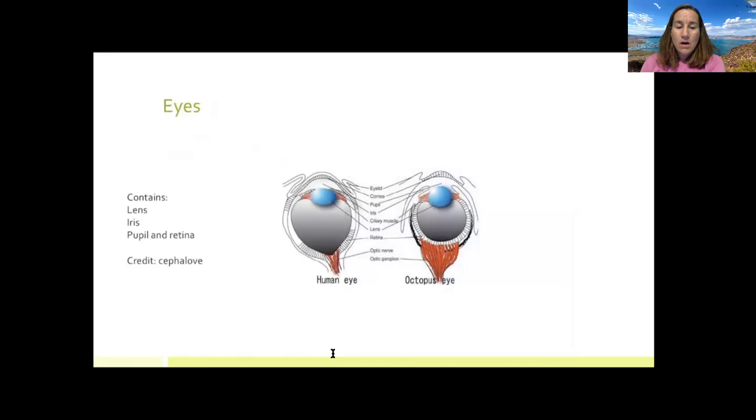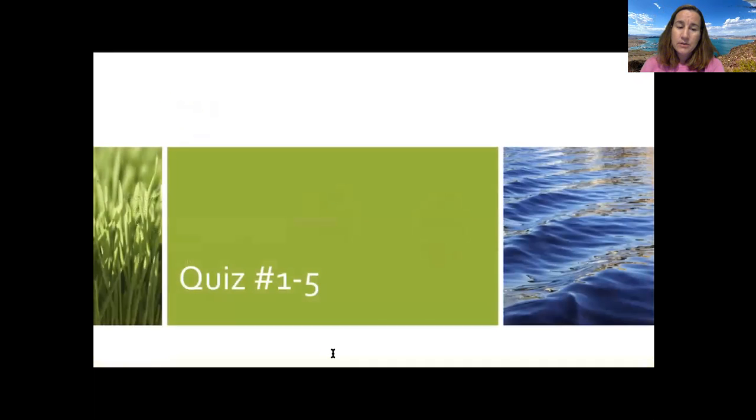Eyes, they are hunters. They are good at hunting in part because they have complex eyes like we do. And these evolved separately. This was not a common ancestor trait. This is a derived trait, just like ours are. It's derived for theirs too. It has a lens that is going to take that light coming in and focus it right on the back of the retina, just like ours does. So their eyes are very similar to ours.